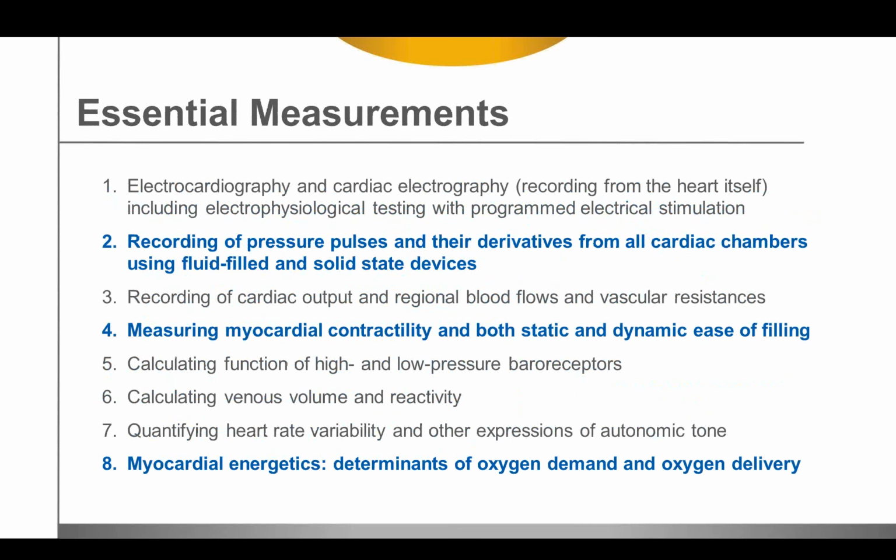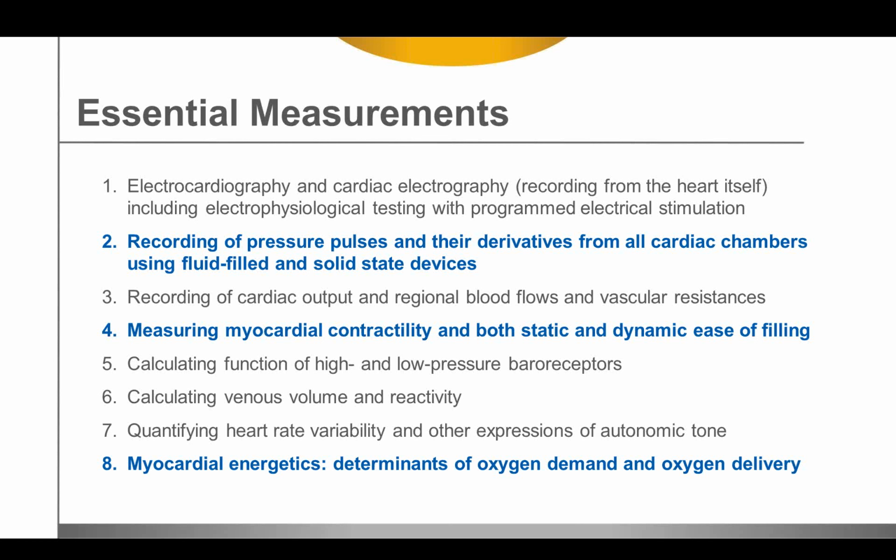So there are a number of essential measurements that are outlined in this. They're pretty standard. We must know about electrophysiological properties, hemodynamic properties, pressures. And when we talk about pressures, it's not just mean arterial pressure. There are really 4 arterial pressures that are important: systolic, diastolic, mean, pulsatile, and late systolic accentuation, which are really important in determining outcomes and responses. We must know myocardial contractility. It was pointed out in the previous